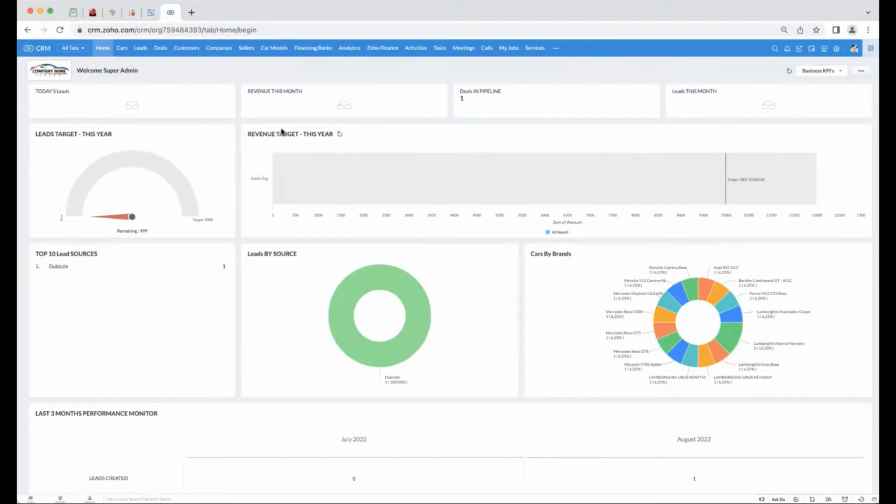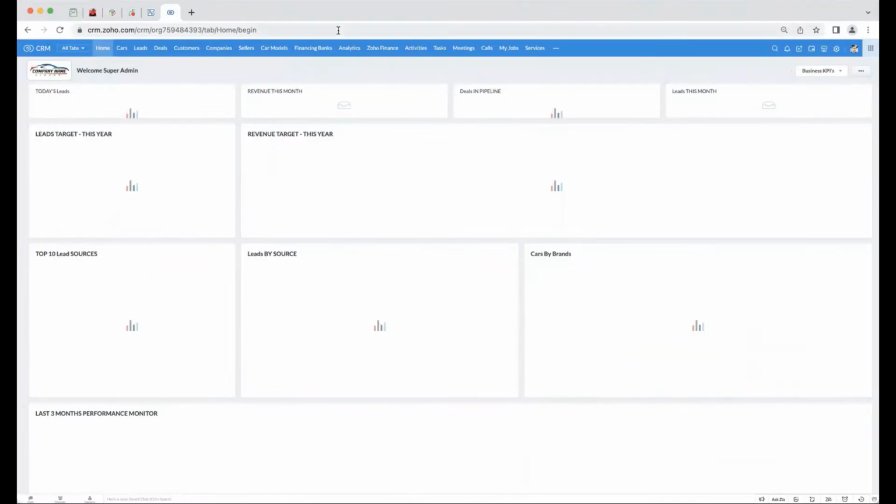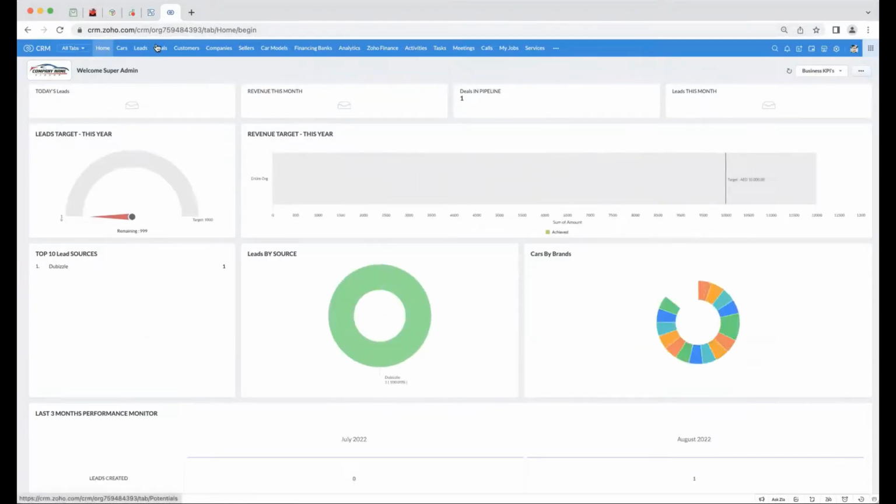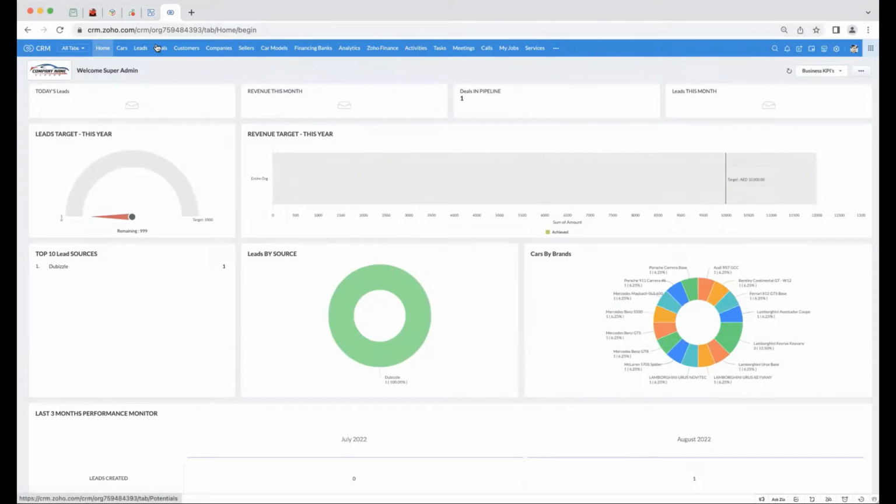Okay, great, Tom. So let's get started with the demo of our auto trading ERP system. We call it an ERP because we cover all the aspects of the business. It's not just an accounting system or a CRM system. Rather, it takes care of the 360 degrees of